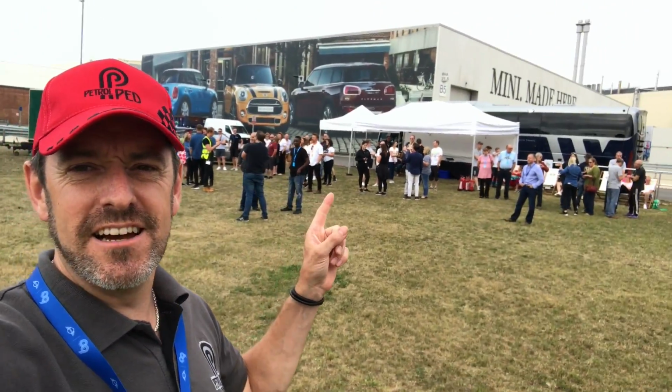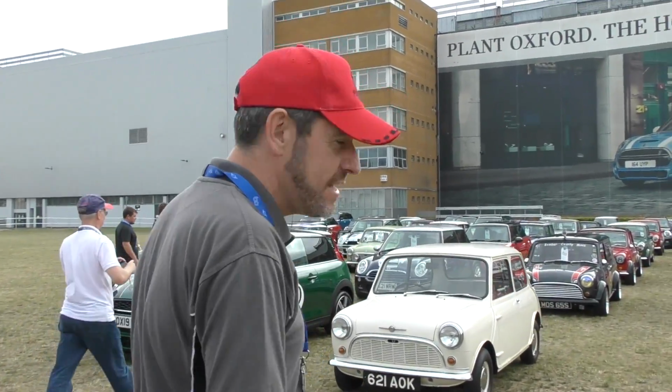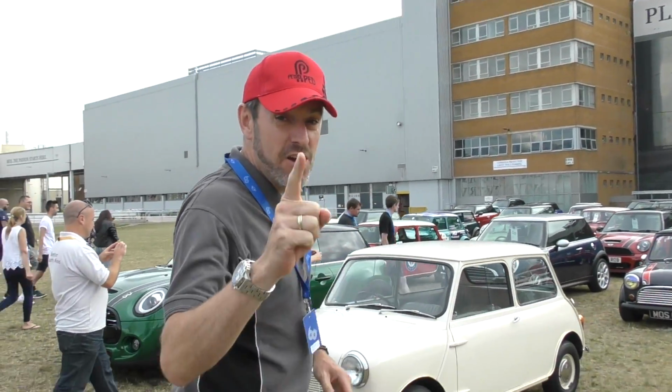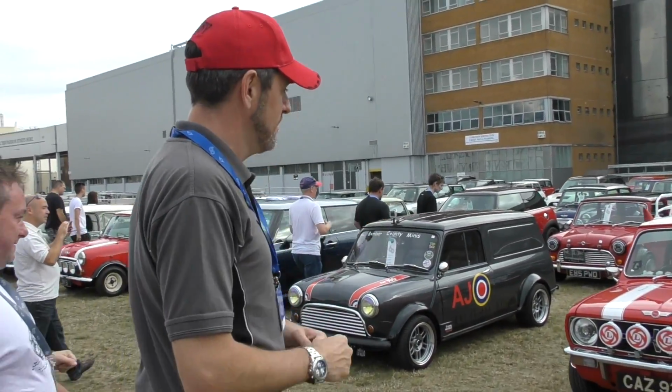Now I think they are going to take some pictures with us stood next to our cars, and we basically got all the owners that side watching on with pride. So here we go, we are now going to go and stand by our cars, have our photograph taken, and then hopefully I will have time to show you around some of the amazing cars here, because